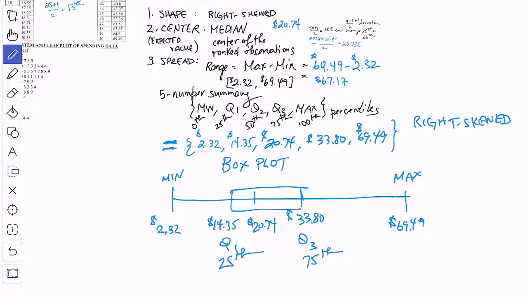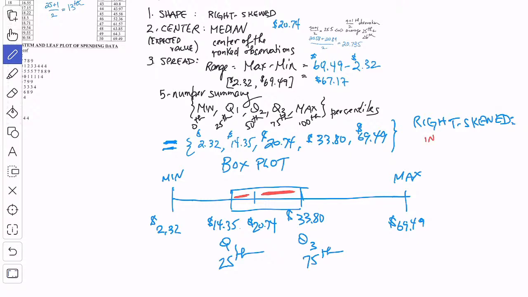I was thinking about what I was going to do next. So right skewed because in the middle, this right box is greater than this left box. So it's right skewed